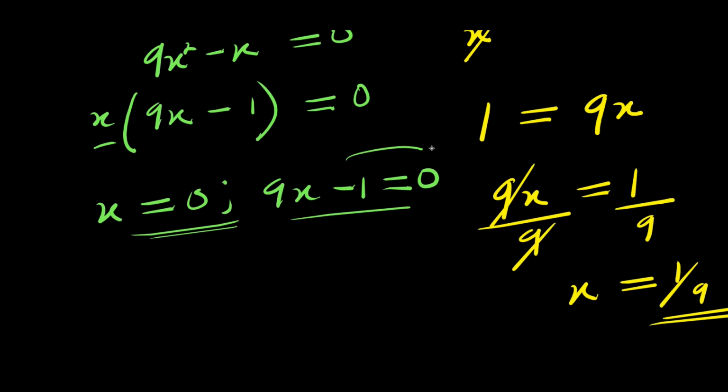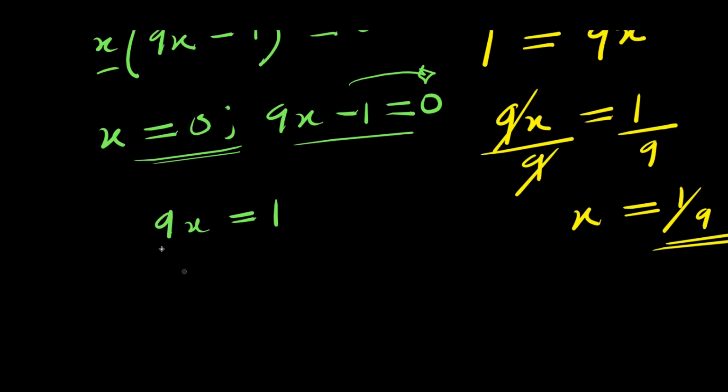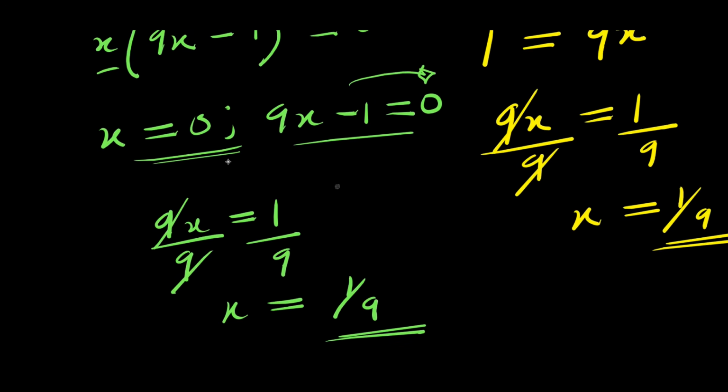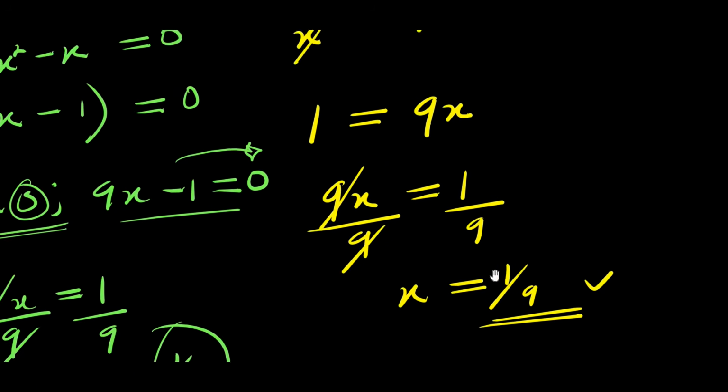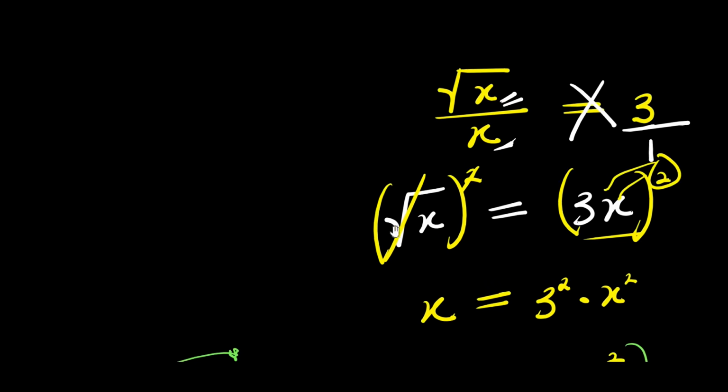To solve this, I move negative 1 over here. I have 9x equals 1. I can simply solve for x by dividing this by 9, dividing this by 9, 9 eliminates 9, I have x equals 1 over 9. So in this other case, I have 0 and 1 over 9. While in this other case, I have only 1 over 9. Now, that is one way of solving this equation. The next method will be,